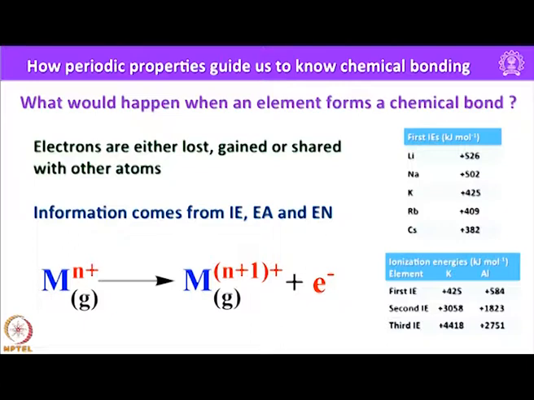For the same reason the third ionization energy is also very high in the case of potassium, whereas in the case of aluminum the third ionization energy is much lower compared to potassium, because again you are removing the third electron from the valence shell to generate Al3 plus. That means it has the s2p1 electronic configuration, and when it becomes Al3 plus all the 3 electrons are removed. So, this is how ionization energy can be related to the atomic number and effective nuclear charge.